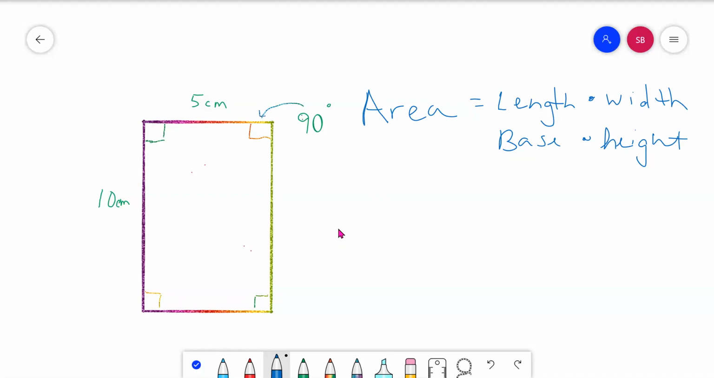But when you're doing area, you just take your measurements, 10 centimeters times 5 centimeters, and that gives me 50 centimeters squared. Okay. With area, you always square it. Okay. All right. For perimeter,